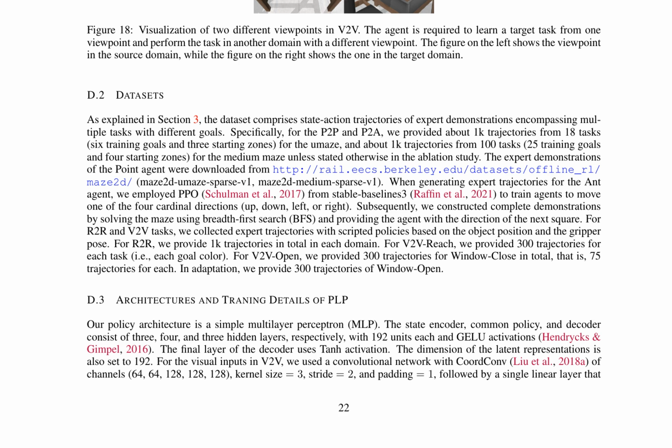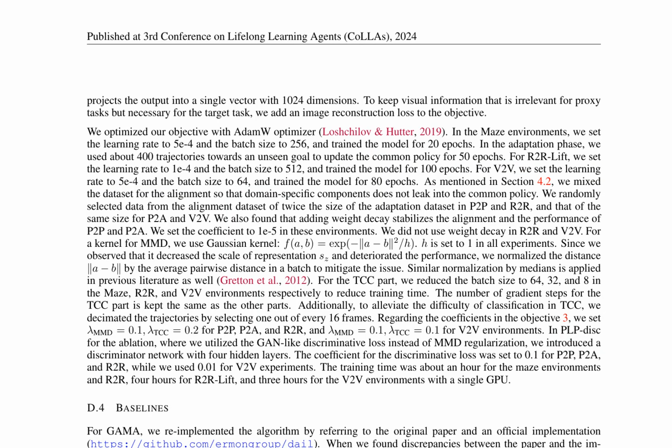Visual inputs in V2V utilize a convolutional network with CoordConv, a technique that enhances spatial reasoning by incorporating coordinate information directly into the model. This setup allows for a more nuanced understanding of the environment and improved decision-making capabilities in the agents. The proposed lifelong learning agent is optimized and trained through a series of processes. Initially, the output is projected into a single vector with 1024 dimensions, and an image reconstruction loss is added to maintain relevant visual information. For optimization, the AdamW optimizer is employed with specific learning rates and batch sizes tailored to